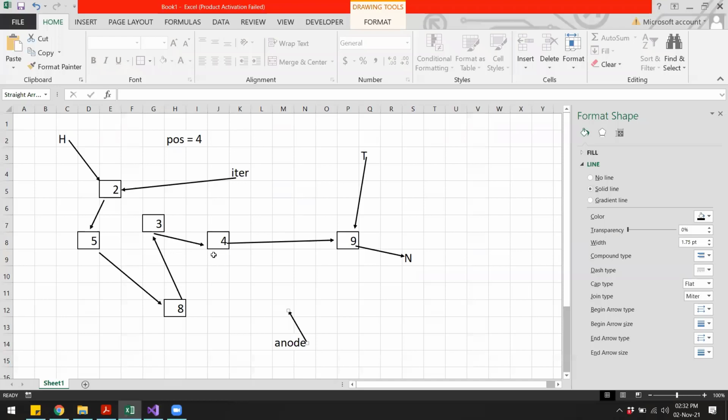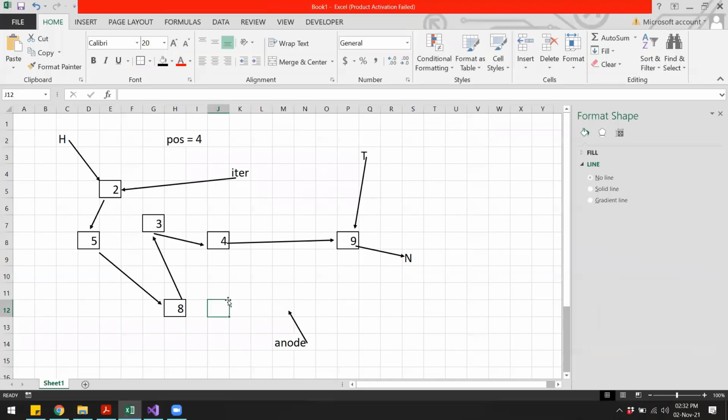And in each of the iterations, now our final goal is to give a name to the node that we want to delete. So the node that we want to delete is number 4, 1, 2, 3, 4. So this is the node that we want to delete. So I'll just color this so it is easier for us to see. Right, that node is the one that we want to delete.